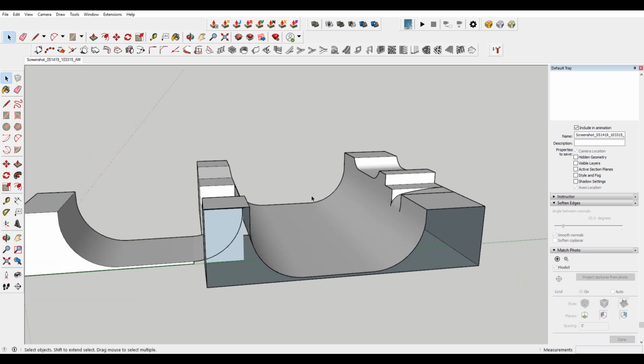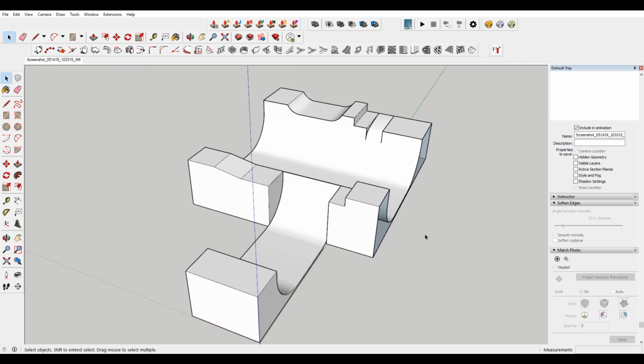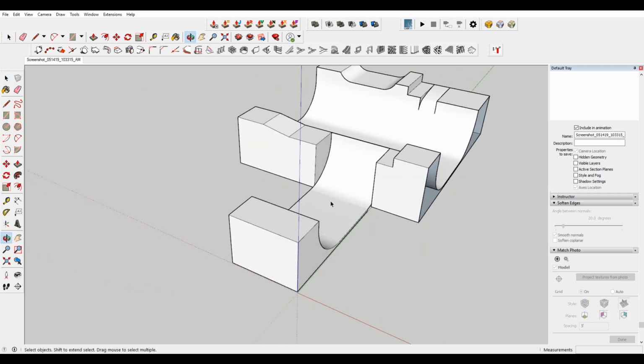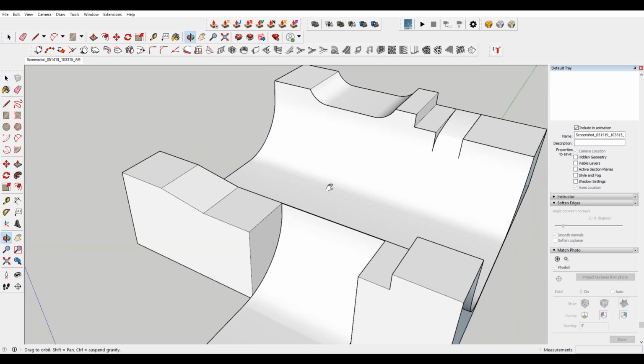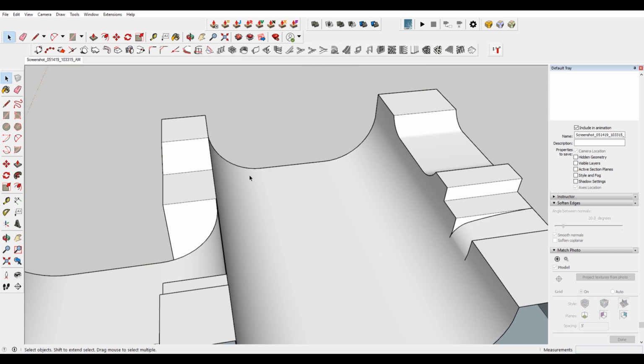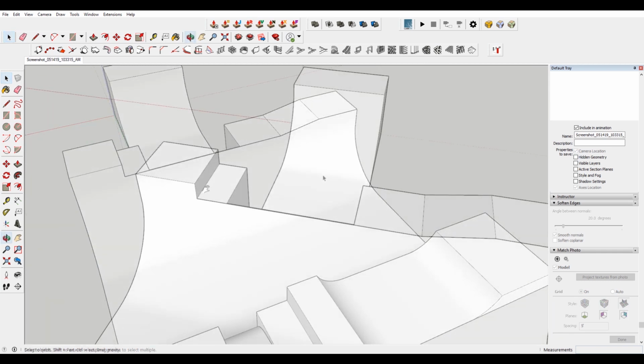There's some other things going on that I want to address. So there is the framing, and then there is also all of the coping. So the coping, we'll start with that. Basically what I want to do here is add like a pipe. And I'm not sure what size they typically use for skating, but